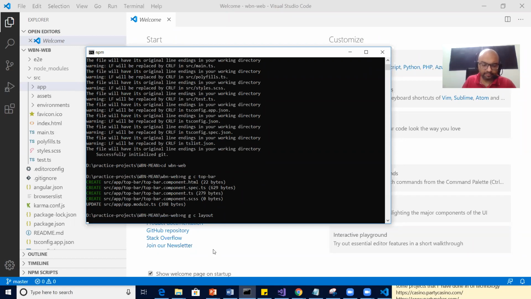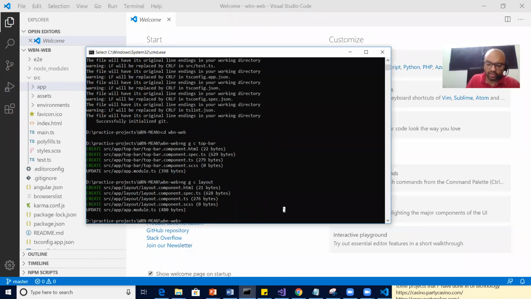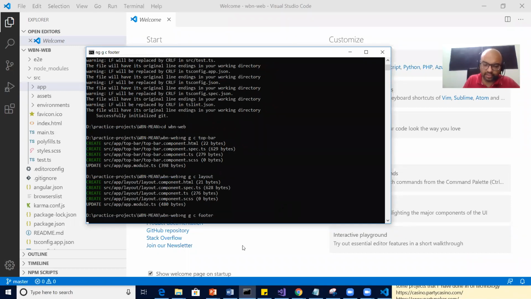Let it load. Yeah, done. And then next I can say footer. Right? Let this also load.